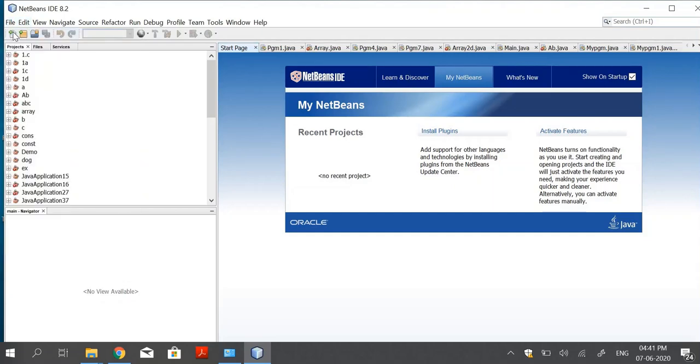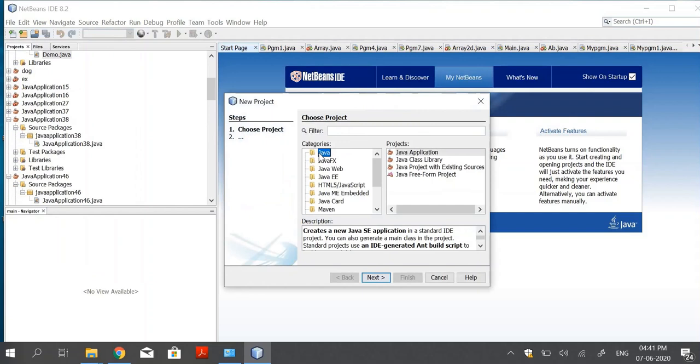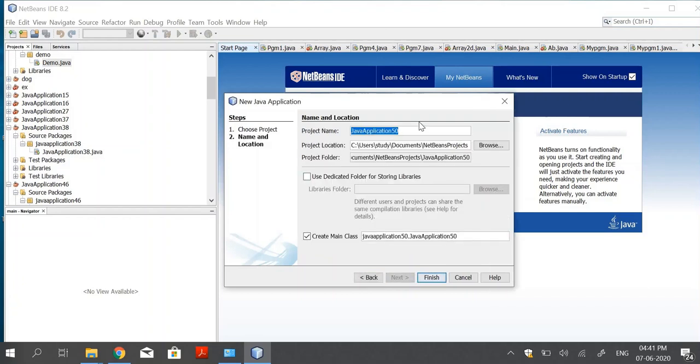In file, new project. In new project, this one should be Java, and here is Java application, because we are going to run all the programs in Java application. Then click on next. Then I'm going to give the name demo1, and then finish.